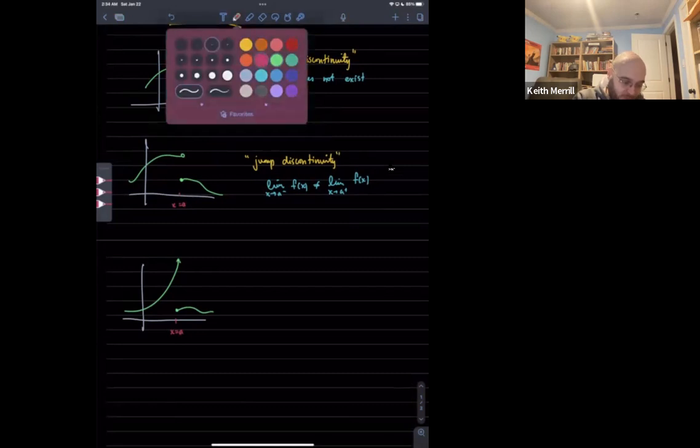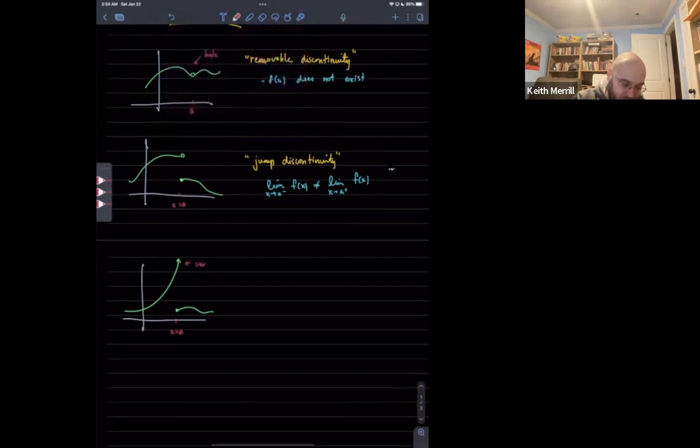So what we're saying here is that we have a vertical asymptote. We're going to spend a lot of time with vertical asymptotes, but you've already seen this definition in section 2.2. We're going to spend some time with vertical asymptotes when we talk about drawing the graph. This is what we're going to call